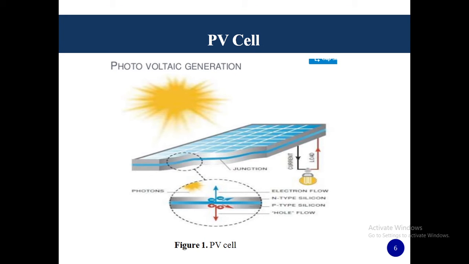This is a photovoltaic cell in which we can see that it consists of two semiconductor layers. One is positive and one is negative. Blue is showing the negative and red is showing the positive layer. As a result, current will flow from the positive terminal to the negative terminal of the metallic plate, which is connected across a photovoltaic cell. Whenever two modules are wired together in series, the voltage across them would be doubled, and if they are in parallel, then the resulting current would be doubled. So this is how a photovoltaic cell generates electricity which is taken across the load.